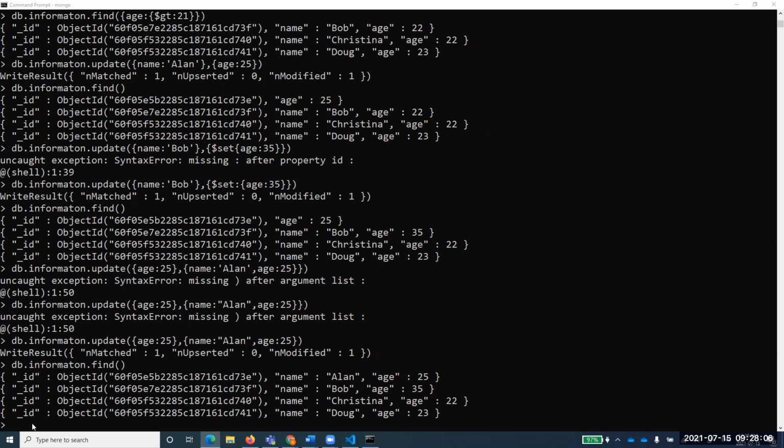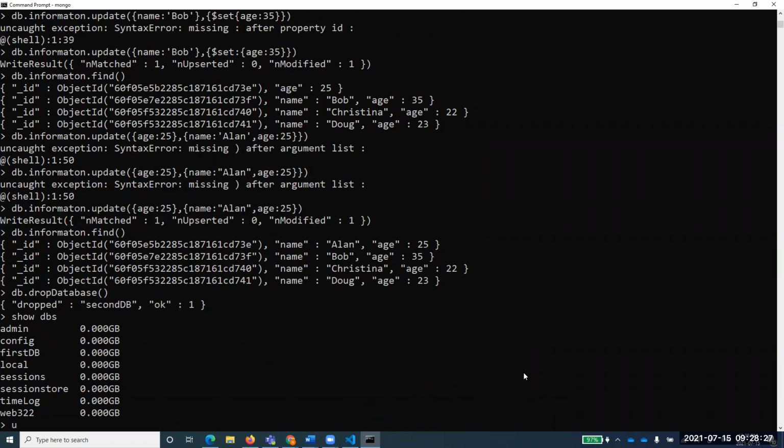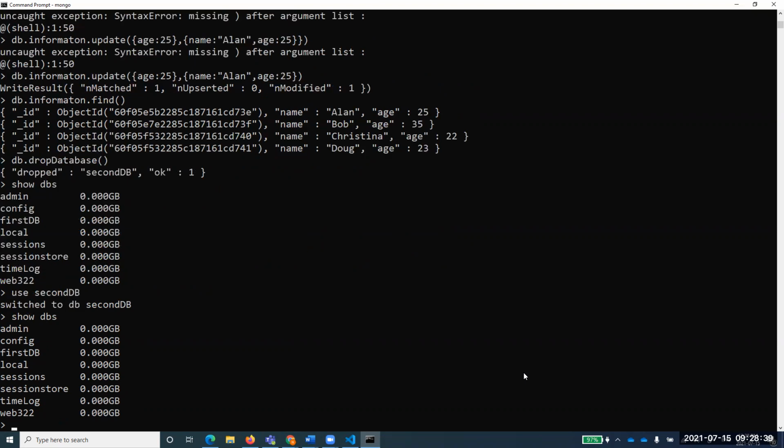Right? So if I want to delete this database, we have one. What we'll do is write drop database. We'll call that drop database function. Drop second DB is now no more with us. Rest in peace, right? Now if I show DBS, oh, I did not show it to you. There was first DB. So if I just create that, use second DB, switch to second DB, and if I do show DBS, you see that second DB is also existing over there. Now it's not showing right now.